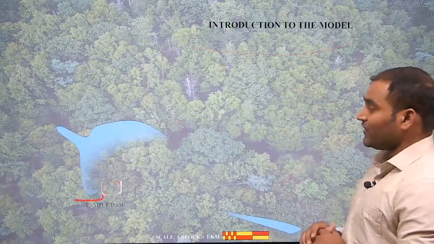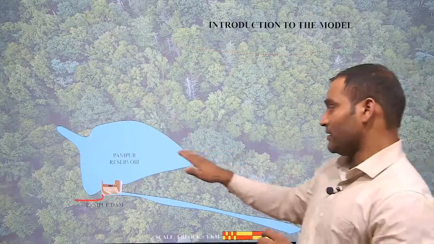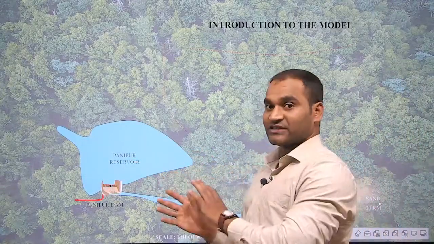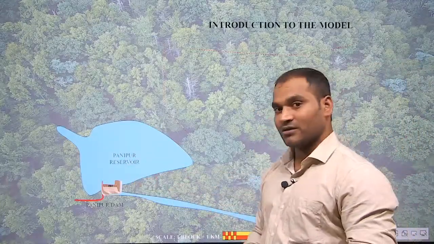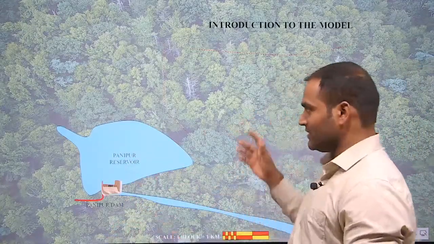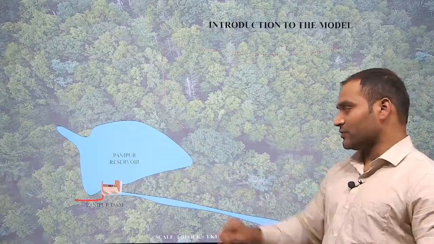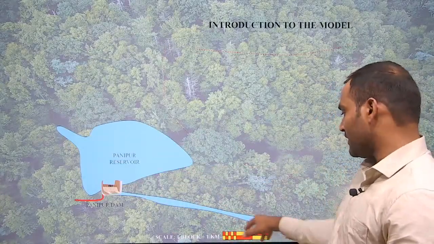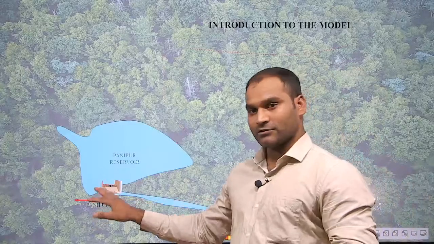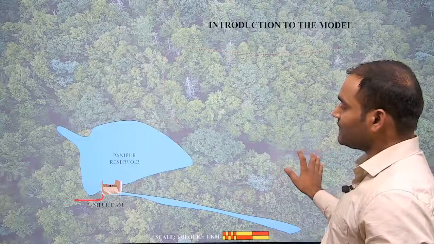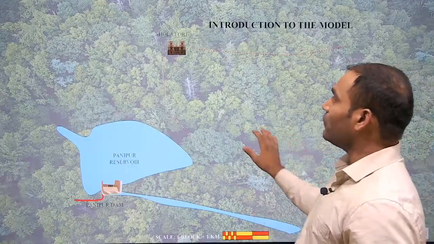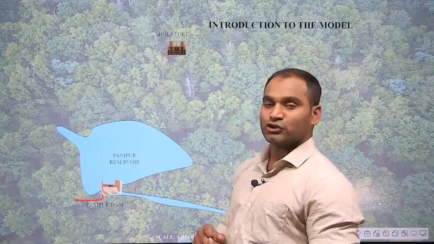So, if I assure you that this is the Panipur reservoir, this is the military exercise you have, and I am introducing the entire map. So, this is Panipur reservoir, it will be wooden over there, will not be that kind of graphical. So, it is a Panipur reservoir, this is the Pani river and this is the Panipur dam. So, everything is related to this Panipur river. The next thing you can see, there is a fort, and that fort is here, that is Shola fort.